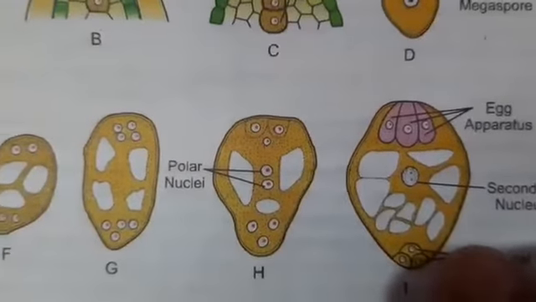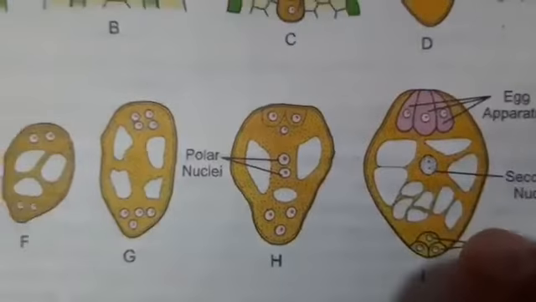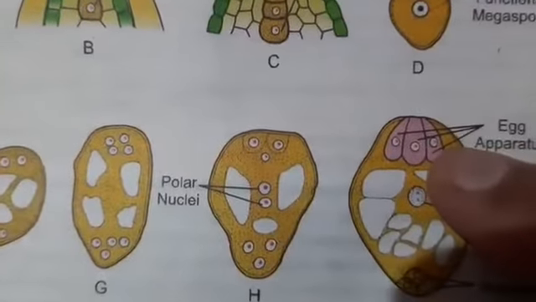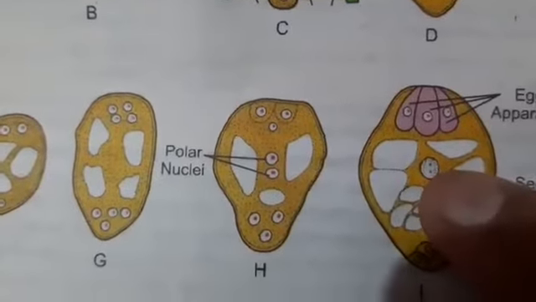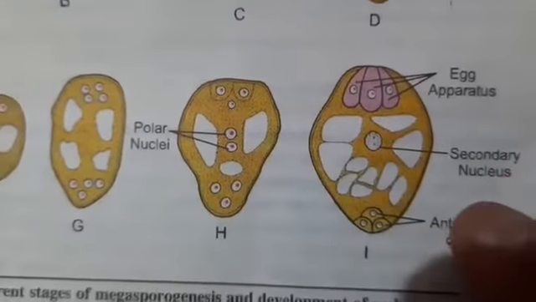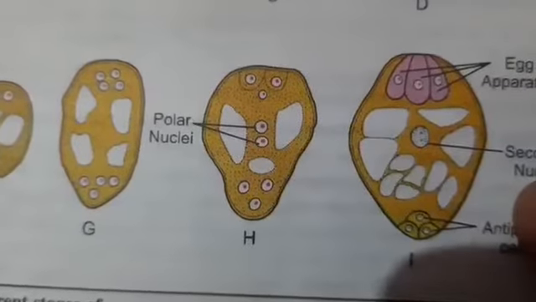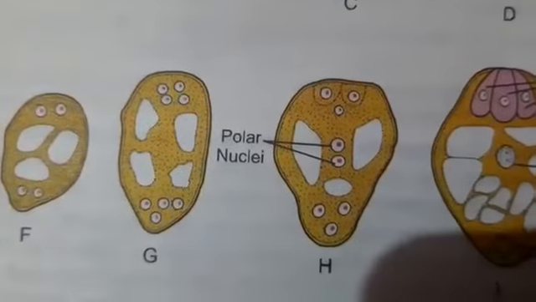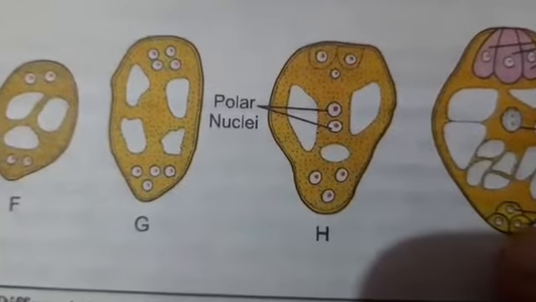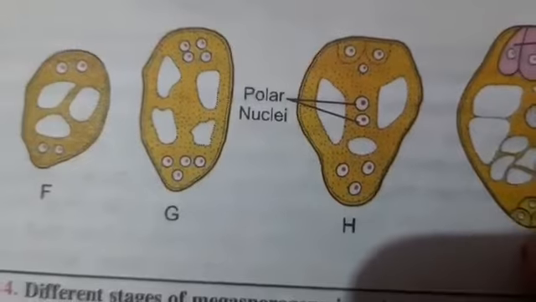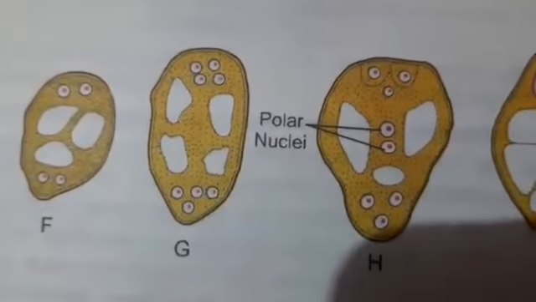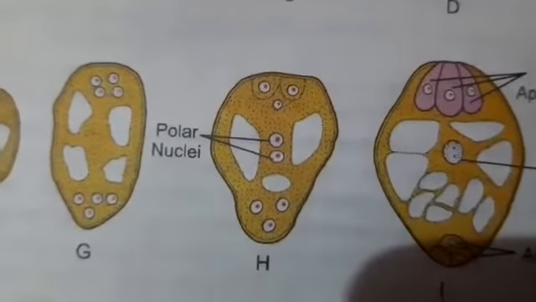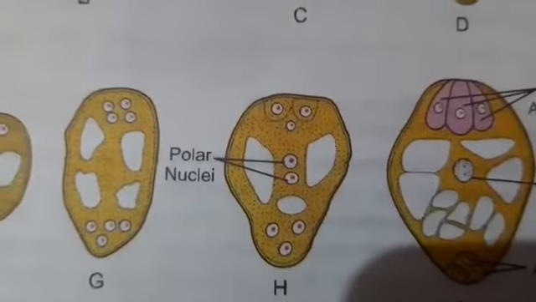The fourth nucleus from the chalazal end and the other fourth nucleus from the micropylar end will move towards the center of the embryo sac and will result in the formation of the polar nuclei. The cell in which the polar nuclei are present is called the central cell. So we can say that the female gametophyte is 8 nucleated and 7